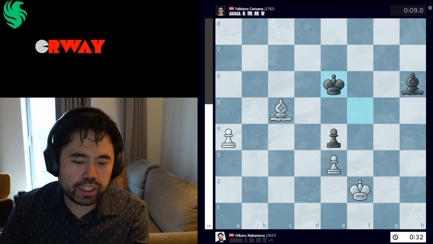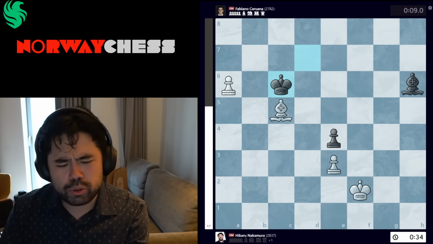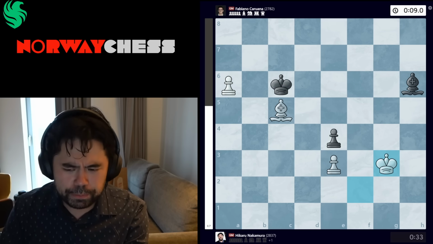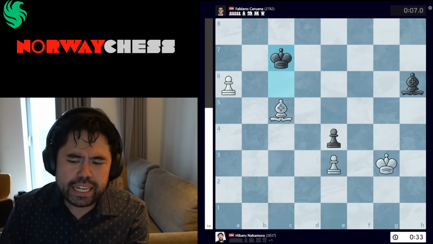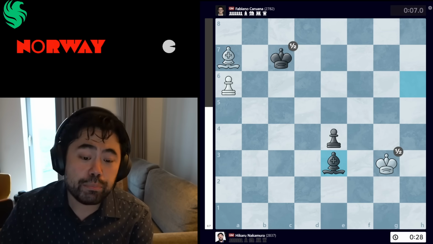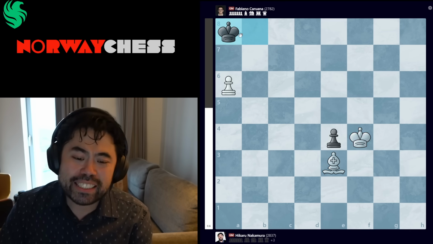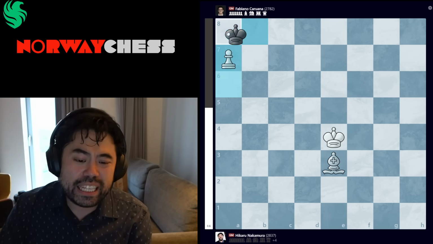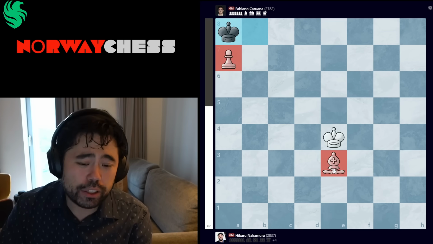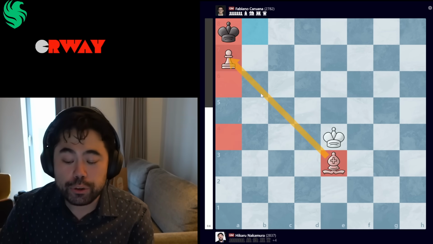I go a4, king e6, a5, d7, a6. Here Fabiano goes king c6, doesn't really matter. I play king g3, we get king c7, and now I play the move bishop to a7, and after bishop takes e3, I simply agree to a draw because after bishop takes bishop, king to b8, black's king simply sits in the corner, and even though I have an extra bishop and a pawn, it is an edge pawn here,